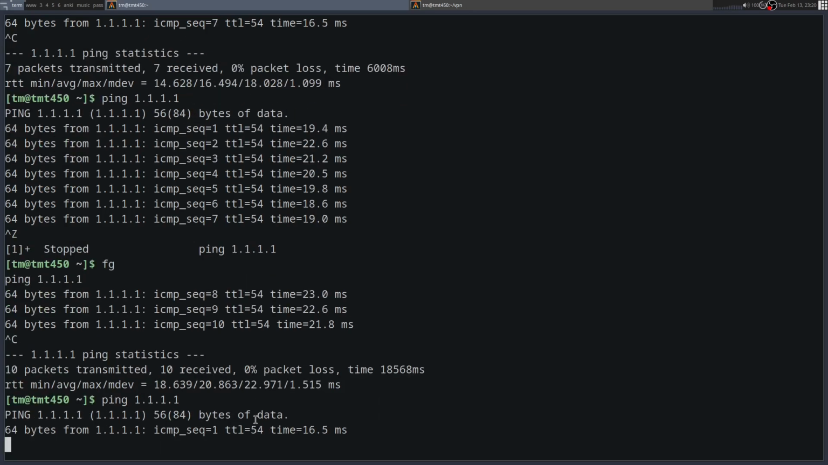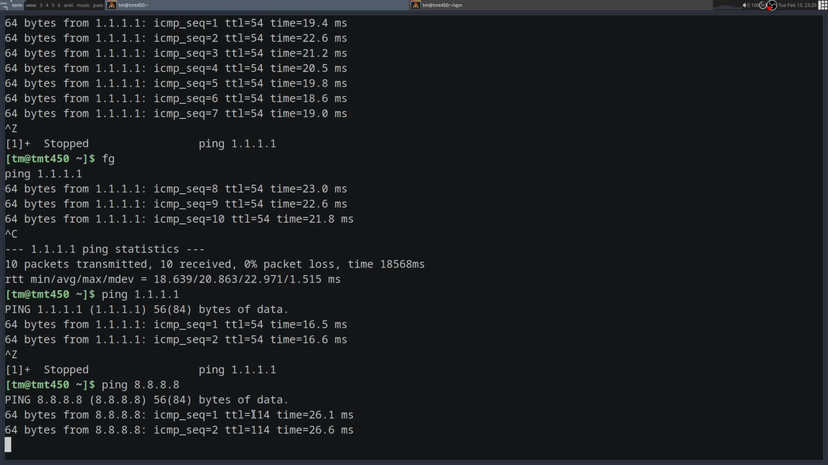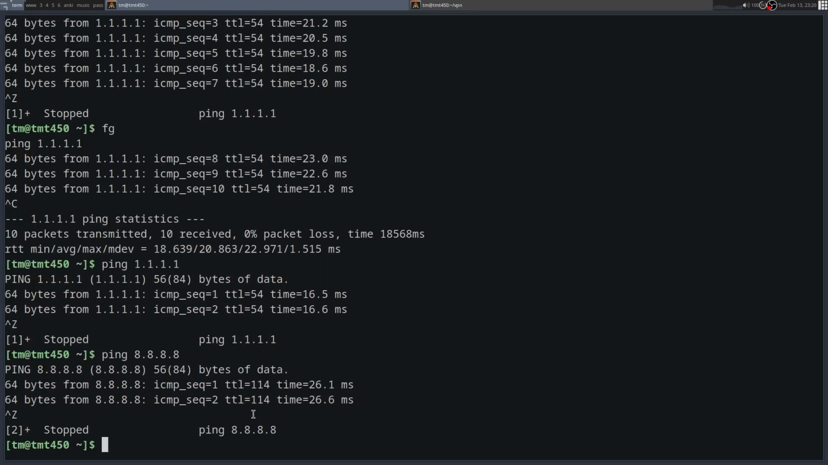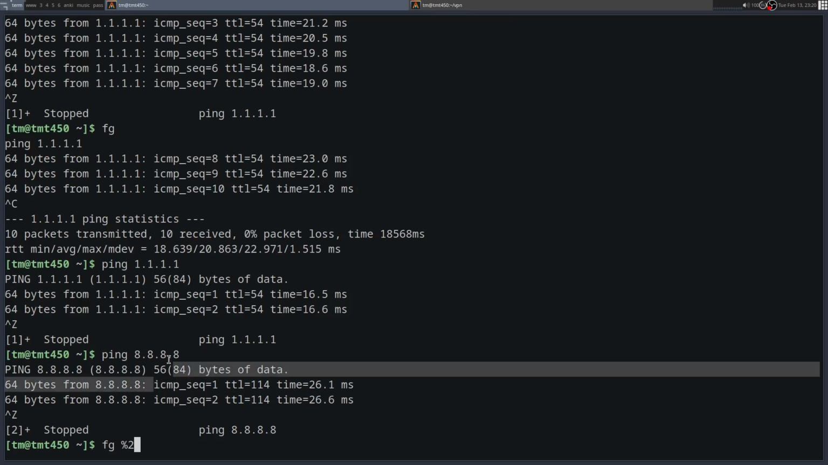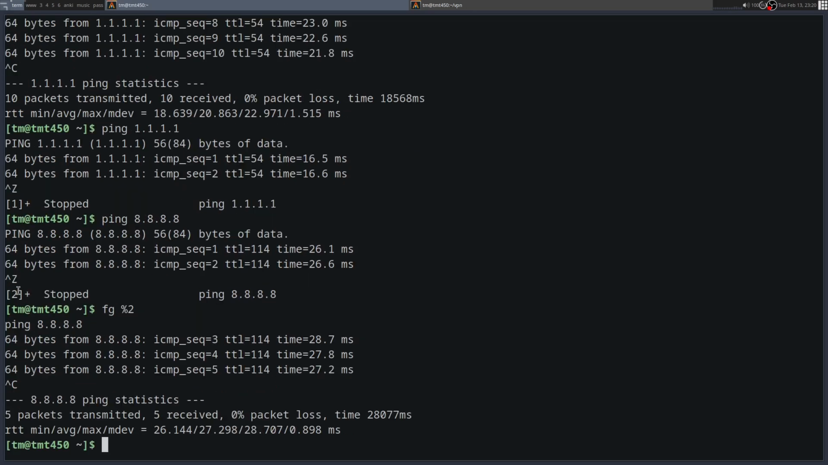Now what if we do that with multiple commands? We see an interesting thing here. We see this 1+ and 2+. Those are both still backgrounded commands, but what we can do with them is bring them back by number. So %2, for instance, will bring back this 8.8.8.8 ping, and we got that 2 from the number there. So if we start that up again,